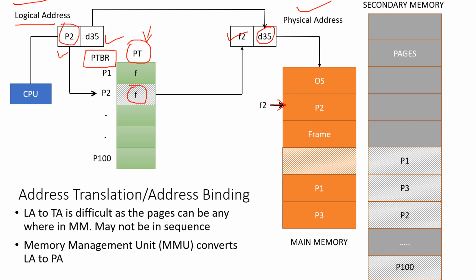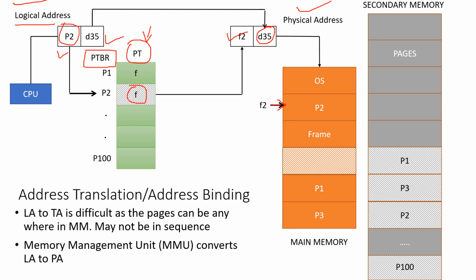Now, what are the advantages? Due to non-contiguous memory allocation, there is no external fragmentation here. Disadvantages, there are two disadvantages. First is, as the page size is fixed, the system suffers due to internal fragmentation. And second, main memory is accessed twice. How is it accessed twice? First, it will access main memory to find the page table, to access the page table which is stored in main memory.